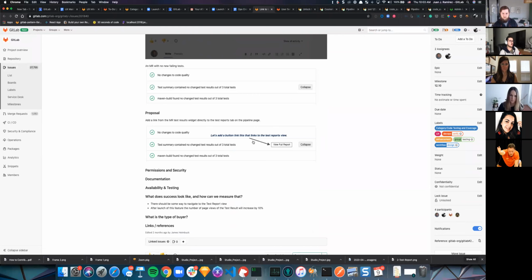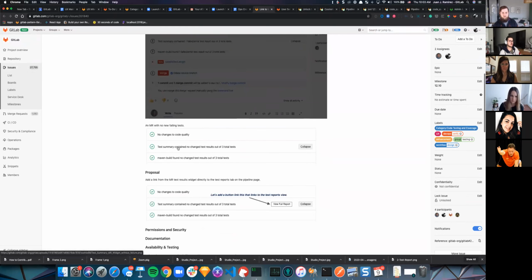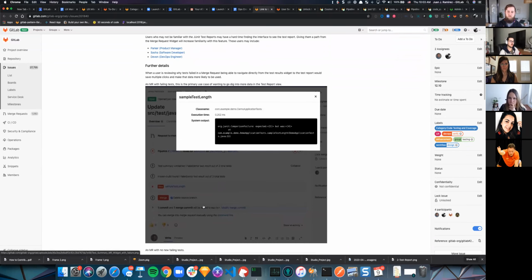Usually when the MR runs the tests, it tells you the changes that happen, and you can see those things here. You can click and see the excerpt of the test. But again, that doesn't give you the full context, right?